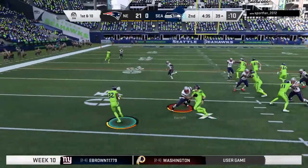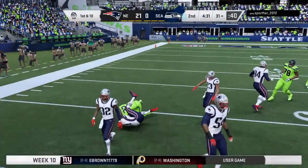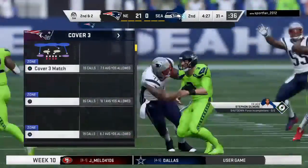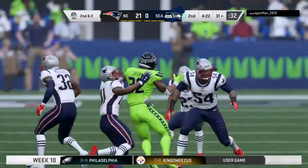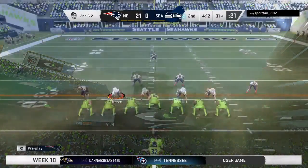Now Wilson running left on the option. He'll pitch it. Now the result here, a pickup of 8. Leaves him with 2 to go on 2nd down. Despite the blitz, they're still able to pick up a nice solid gain. The disadvantage of blitzing often alters the normal spacing and run fits and leaves creases like they were able to